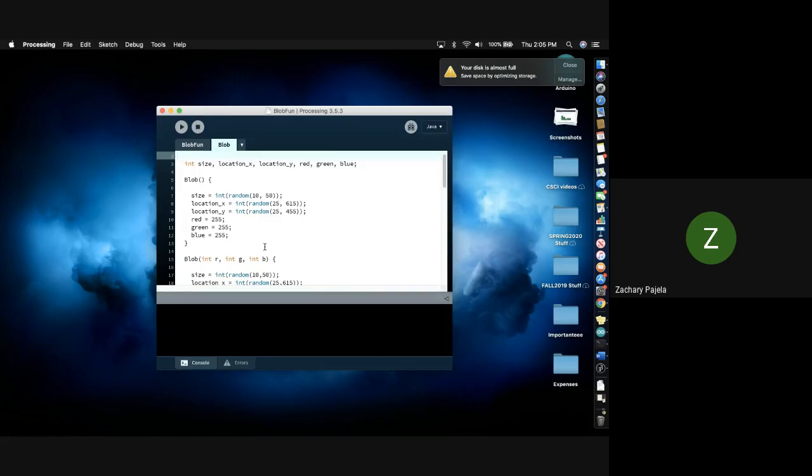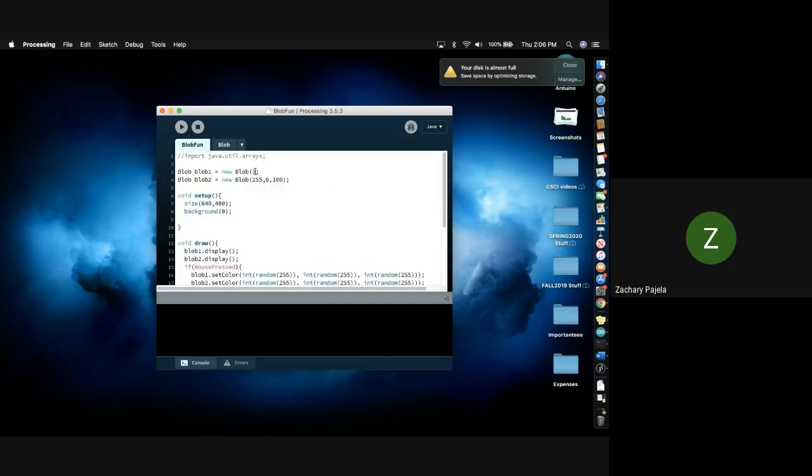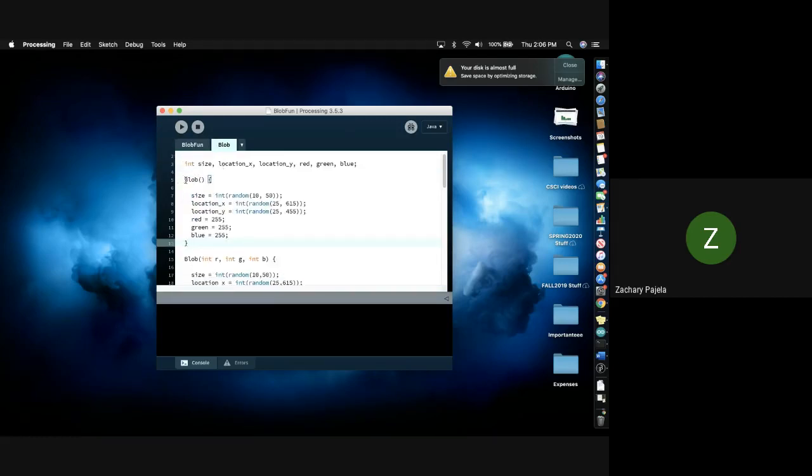So we set a couple of field variables, location X, location Y, or we make them available. And then what you'll notice is that we then have Blob with empty parentheses. Okay, that's the default constructor. So if you think back to blob fun, and we can switch back to blob fun here, when we create a new blob1, we said new Blob with empty parentheses, which means it reached in there and called that default constructor. So it created blob1 based on whatever is in that default constructor,